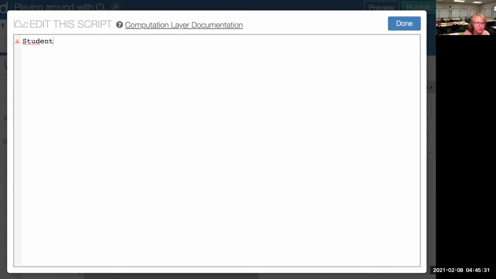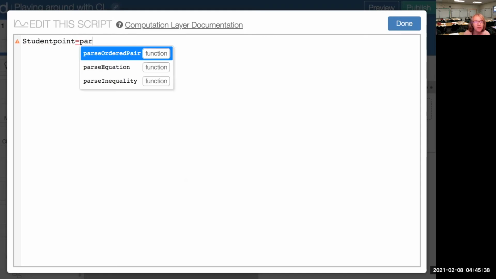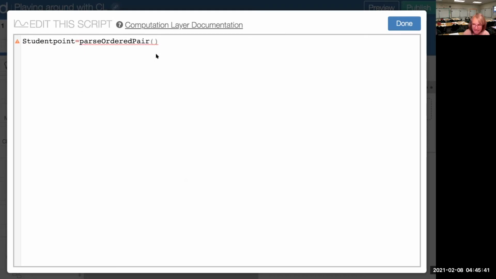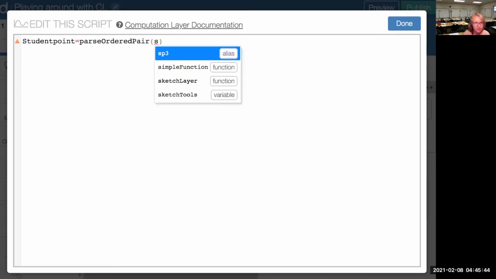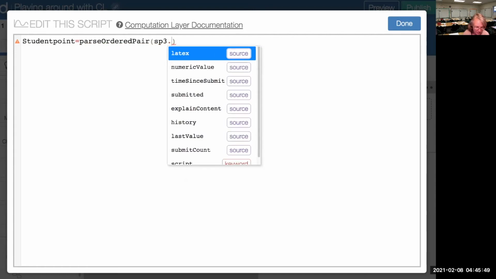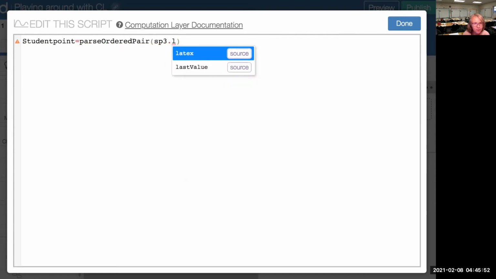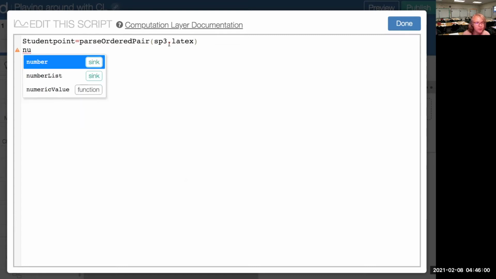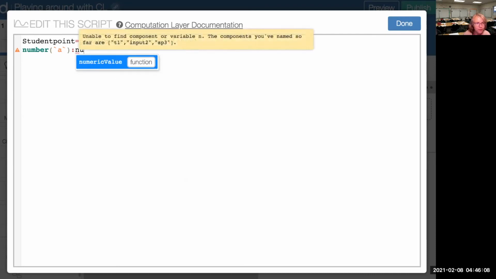So let's call a new variable student point, and we're going to take apart the point that's entered in the input. So we're going to parse ordered pair. We're taking the X and the Y, and we want the student point 3. And it's in that math, that LaTeX form. So we want to take that and turn it into a numeric value. So number, and it's going to be number A, because that's what we used in our graph, remember. And so we want the numeric value